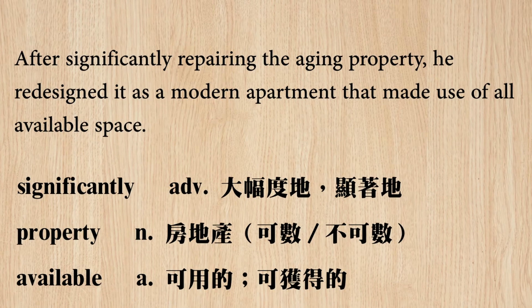Let's go back to our story. After significantly repairing the aging property, he redesigned it as a modern apartment that made use of all available space. 哇，这句话也蛮长的，对不对？After significantly repairing。Significantly 意思就是很大规模地修改或修建某个东西。The aging property 指的是这种房子，如果你跟房仲聊，他们就会提到很多 property，就是一样一样的房子。这个年久失修的房子经过大规模改建之后，he redesigned it，就是重新装修，as a modern apartment 变成一个现代化的公寓，that made use of all available space，所有能够利用的空间他都充分利用。